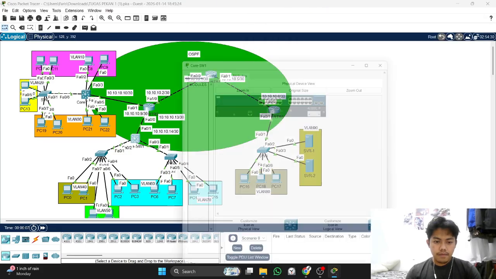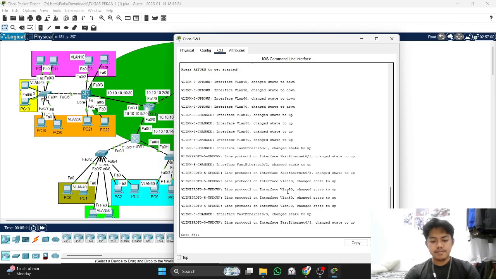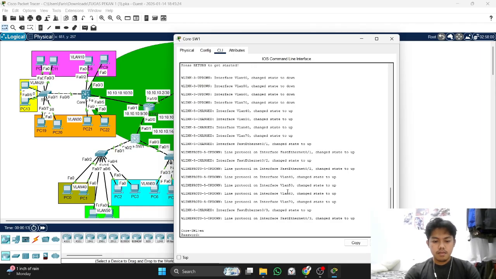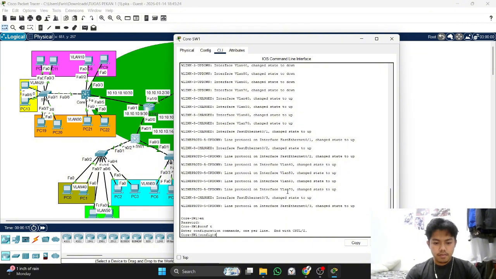Next, we configure this switch MLS, configuration like before. First, we will turn on the switchport. Oh, we turn off the switchport, I mean.